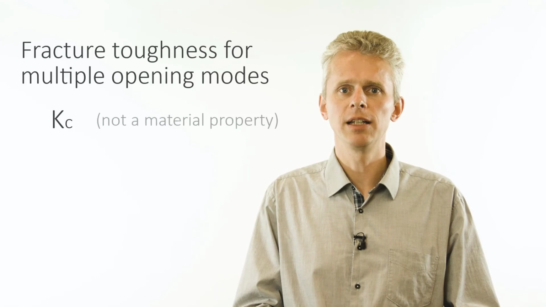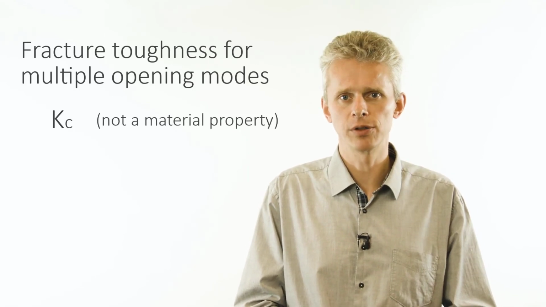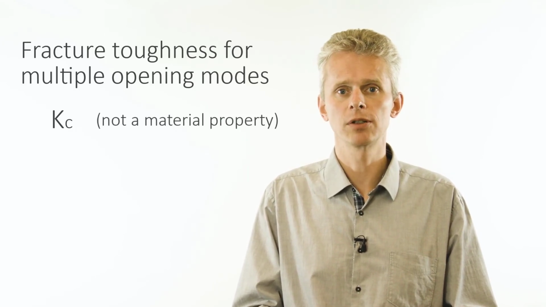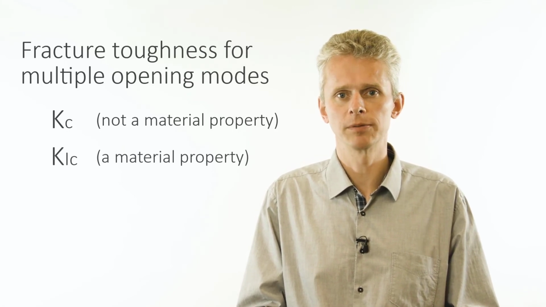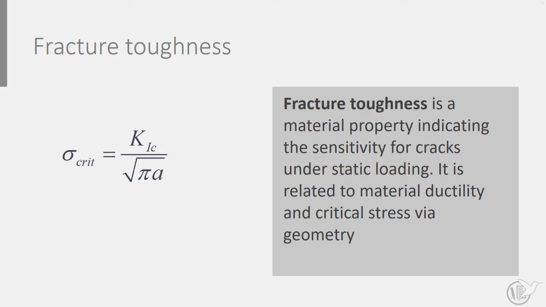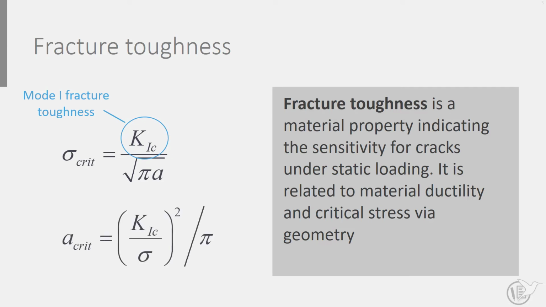The reason is that the critical K may have different values depending on the combination of opening modes, but it's considered a material property for the individual opening modes. Hence, the fracture toughness K1C has a specific value for each material. It can be used in the equation here to estimate at what stress a structure or material will fail for a given crack length. Or, after rewriting, at what crack length a structure will fail for a given applied stress